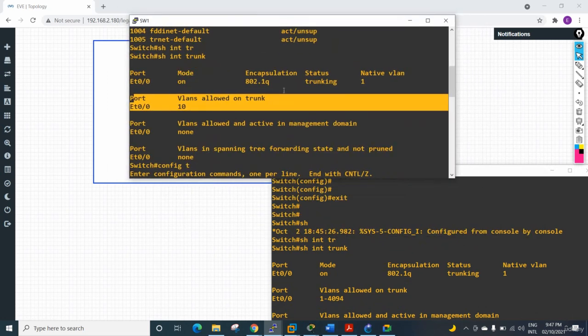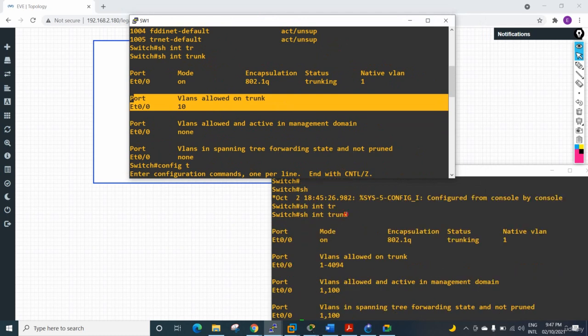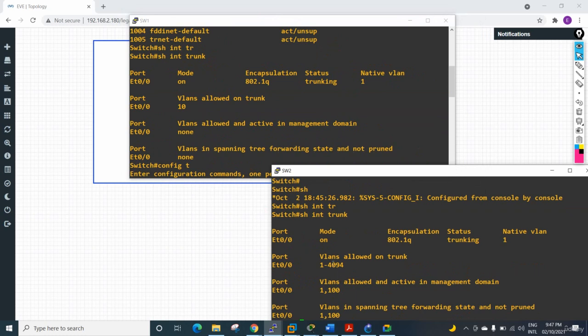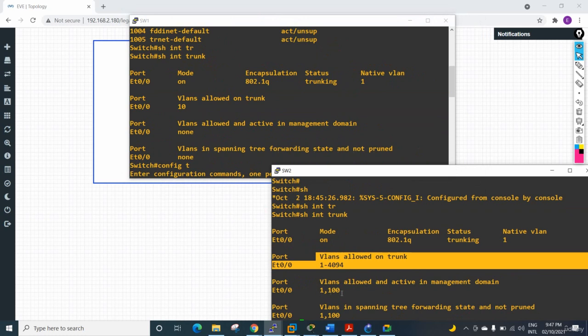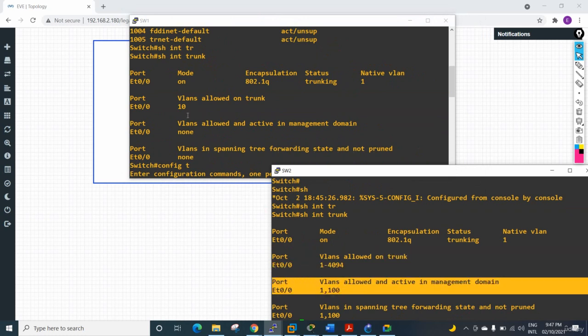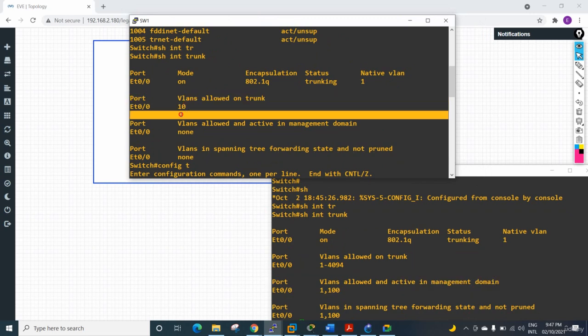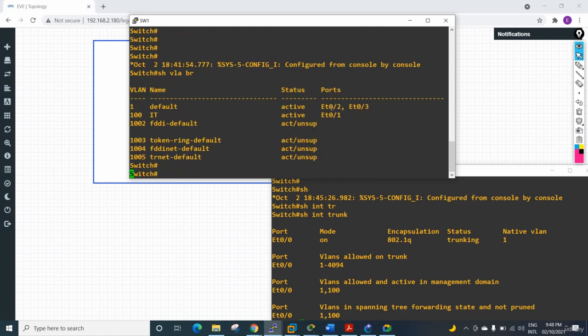Let me explain again. If you see here, when we write show interface trunk, here what we are given is VLANs allowed on trunk from 1 to this number, and we have active here 1 to 100. But if you check here, someone misconfigured it. They are saying only allow VLAN 10, nothing other than 10. But we are using VLAN 100, not VLAN 10. So we need to allow VLAN 100. Then it will work. So how can we allow it? We will go